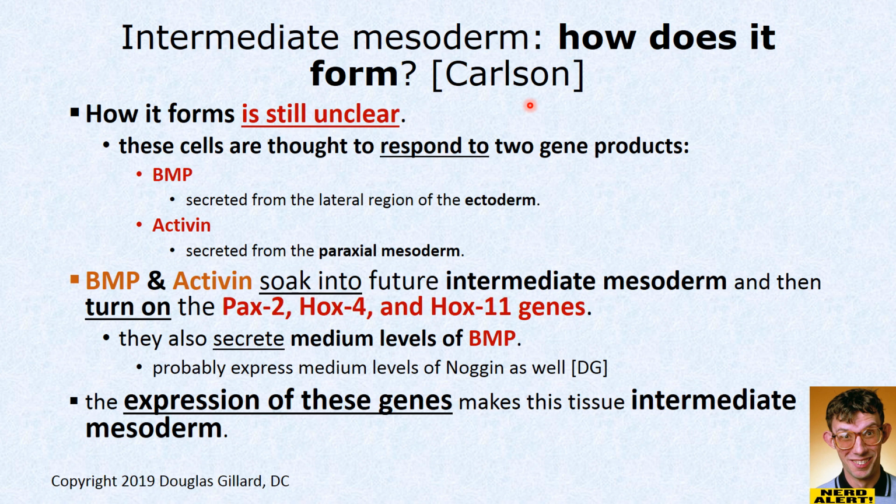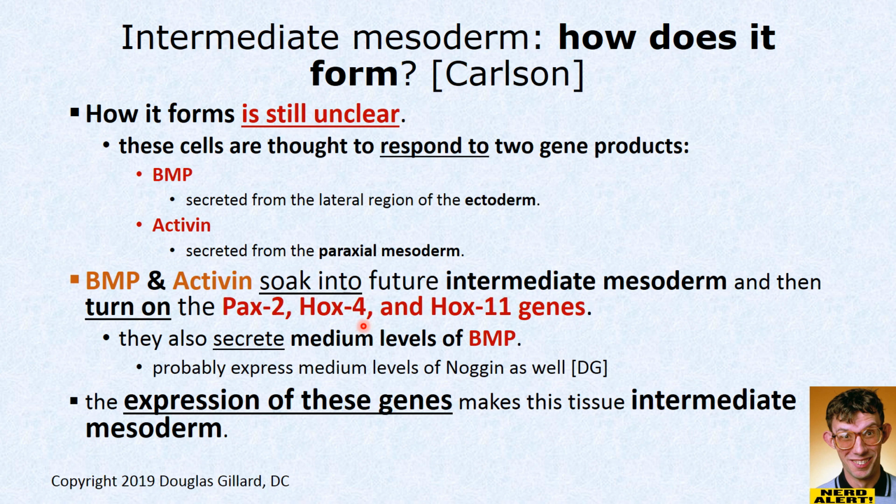Now we know it expresses just medium levels of BMP, but there's a little more to the story here. For whatever reason, they're able to get a better story on this. So there's two gene products. We know BMP is secreted from the ectoderm above, but another one called activin is actually secreted from the paraxial mesoderm. So there's activin genes turned on in the paraxial mesoderm that was just created. And this activin protein and the BMP soak into the future intermediate mesoderm cells,